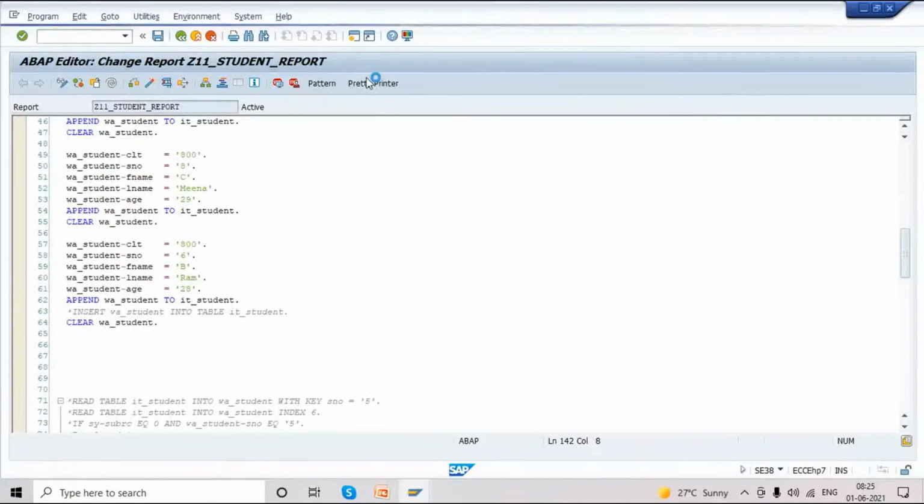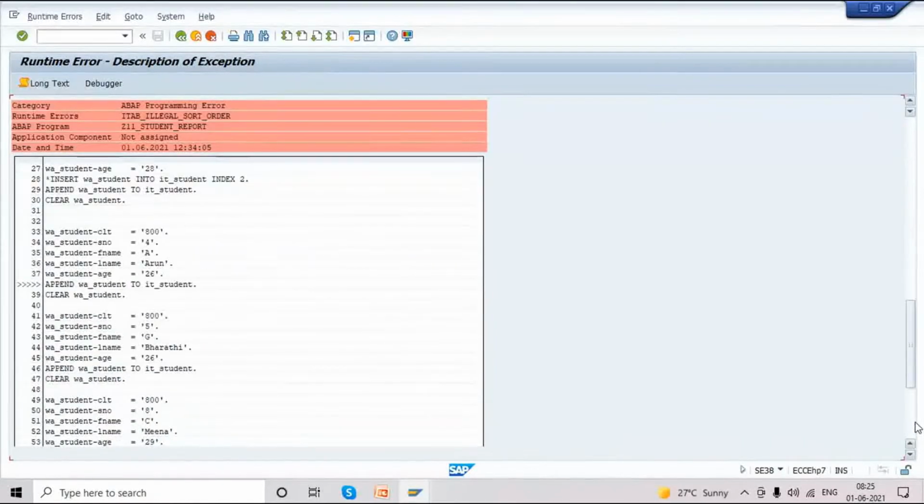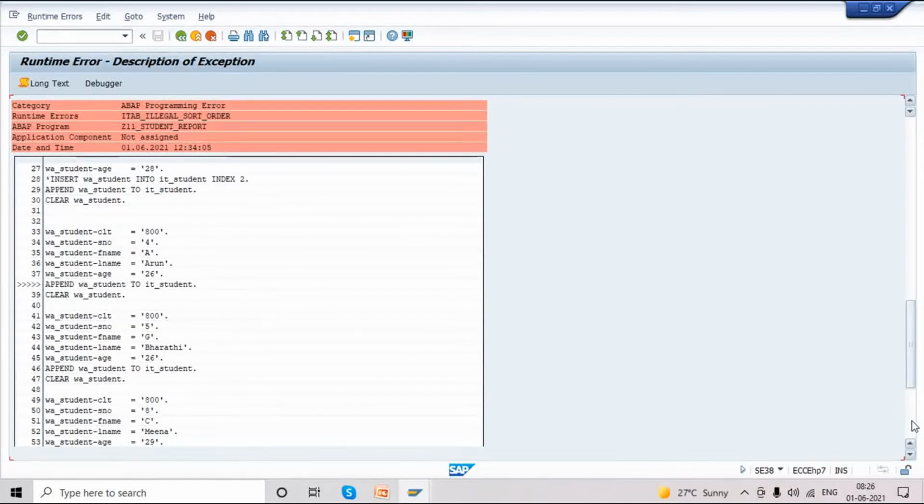This is executing. Again illegal type. We got the dump in line number 38.